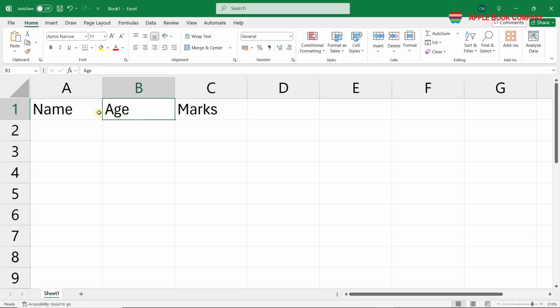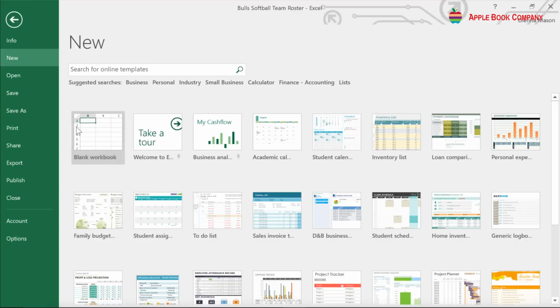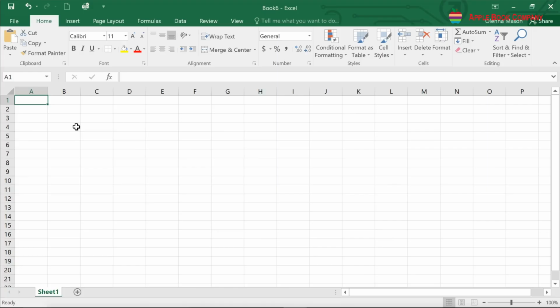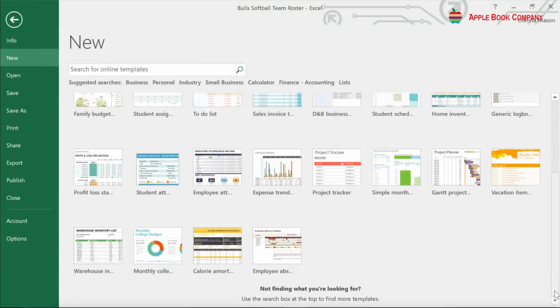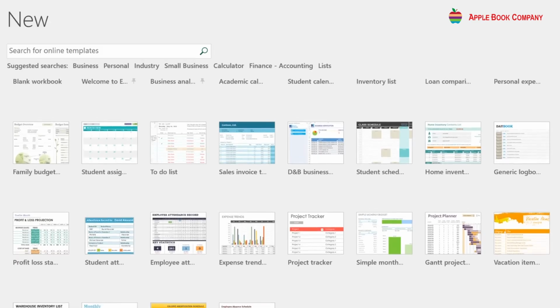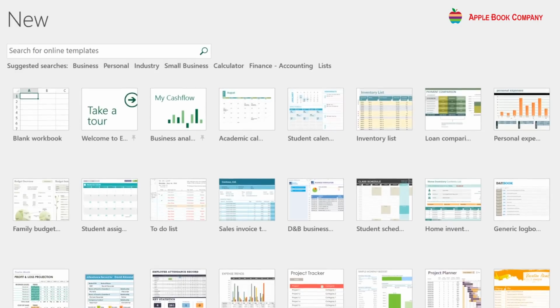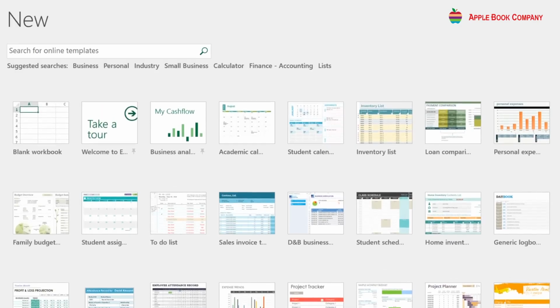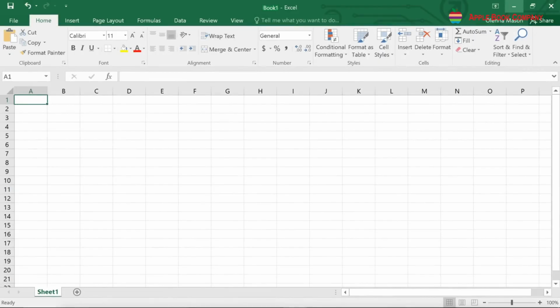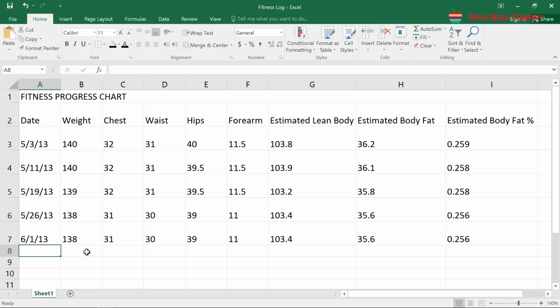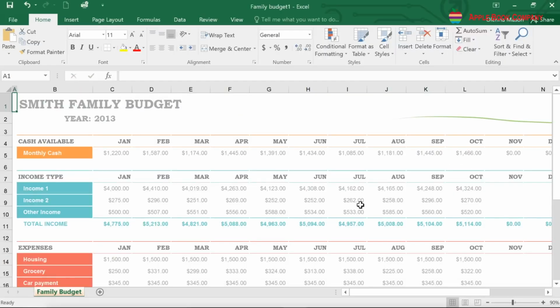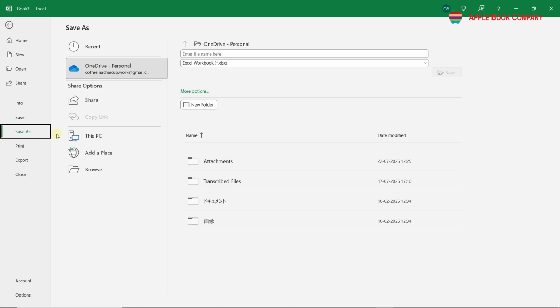Workbook and worksheet. Workbook. A workbook is the main file that you create and save in Excel. Think of it as a book where each page contains a different set of information. A workbook can contain multiple worksheets. Each worksheet is like a page in the book where you store data related to specific tasks. By default, when you open Excel, it creates a new workbook named Book 1 unless you have saved it with a different name. You can add, delete, or rename worksheets within a workbook as per your needs. The file format for an Excel workbook is .xlsx.